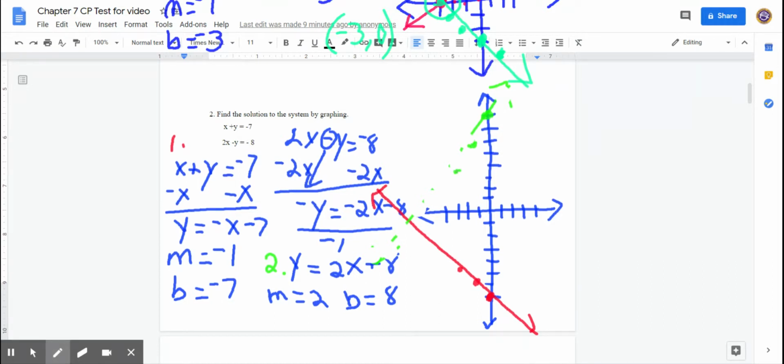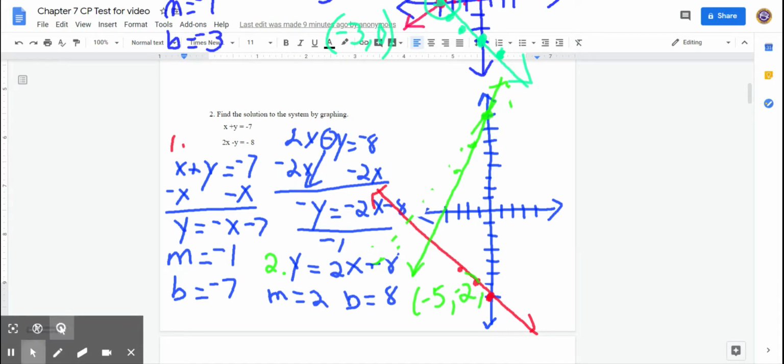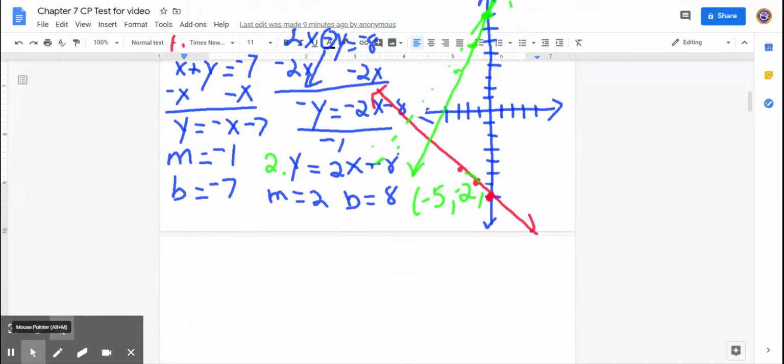That's why I said you had to be very specific. That looks a little bit more like (-5, -2). Now, because I'm drawing my lines and not using graph paper, it does appear to be a little off